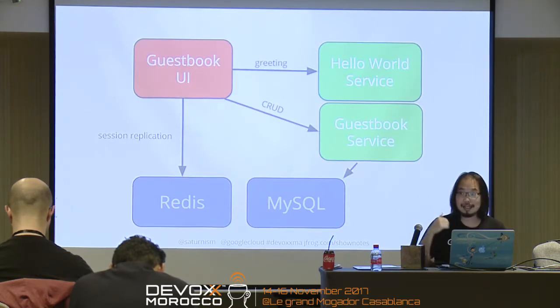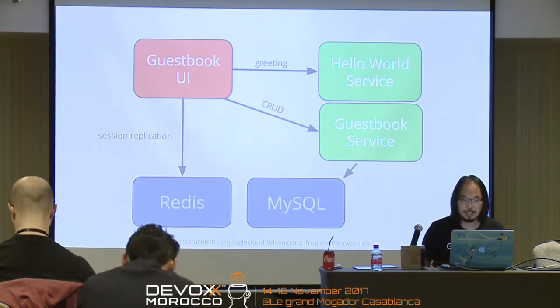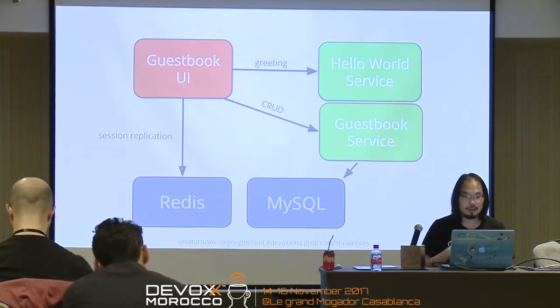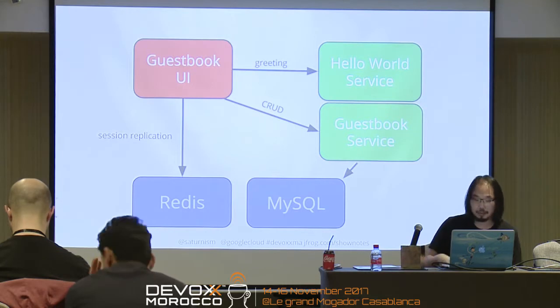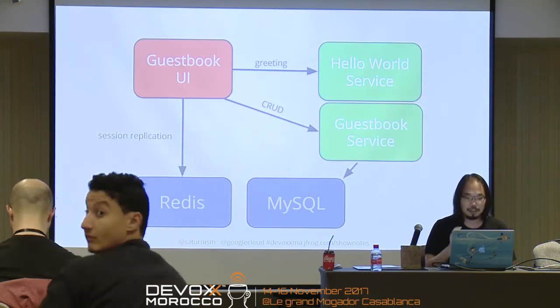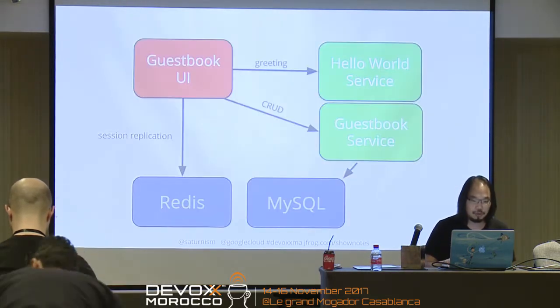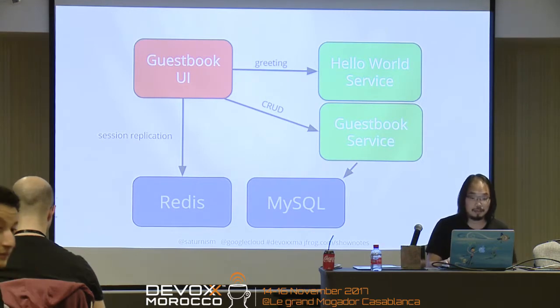High-level architecture, it looks like that. There's the front-end UI, and then there are the two services behind the scenes. They're all running in containers, and they're all being run inside of Kubernetes. So this is using Kubernetes as orchestration. And also we deploy MySQL and Redis into the same cluster. And with a single command line, we are able to basically start this whole thing, and we should be able